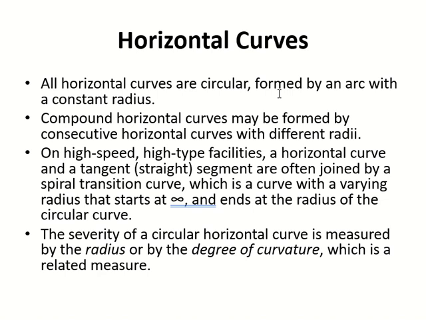For a spiral curve, it starts with infinity. Infinity means a straight line. And at the end, it will start from infinity, decrease, decrease, decrease. Every point it will decrease until it reaches the circular curve. When it reaches the circular curve, its radius will become equal to that of the circular curve. Got it? Clear? So this is a special case, and as I mentioned, only for high speed roads with sharp